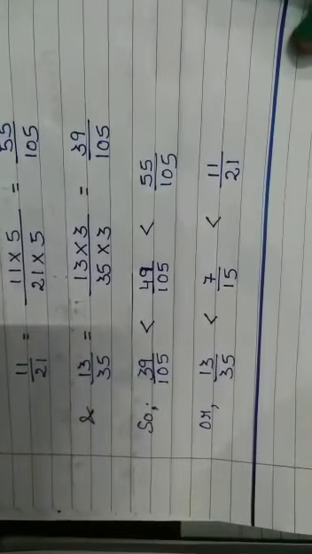Now the fractions are 49 upon 105, 55 upon 105, 39 upon 105, and here we have like fractions and we can easily arrange them in ascending order. So here you can see this is the smallest one, then the second largest and the largest one. So in the ascending order, we have arranged this as 13 upon 35, then we have 7 upon 15 and the largest one is 11 upon 21. So in this way you can arrange unlike fractions with different numerators, whichever way you want, ascending or descending. Okay, fine.